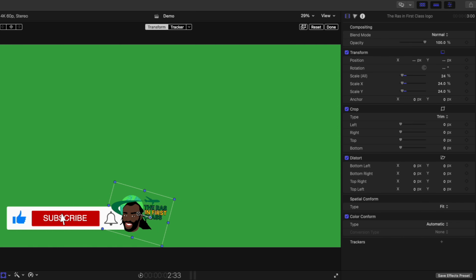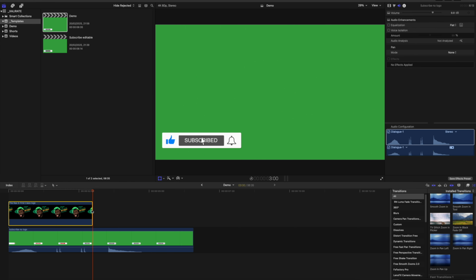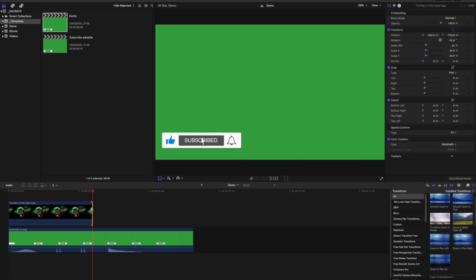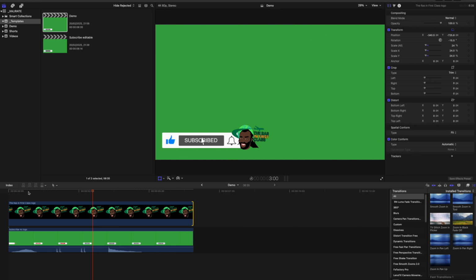like so. And then of course it's not as long as the animation, so you want it to be the same length, so just click and drag from the edge. On the right edge you'll see the yellow horizontal line and you'll see the little arrows. Just click and drag, and now if we watch it back,